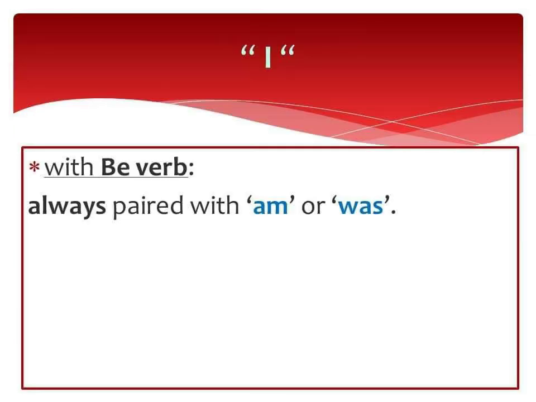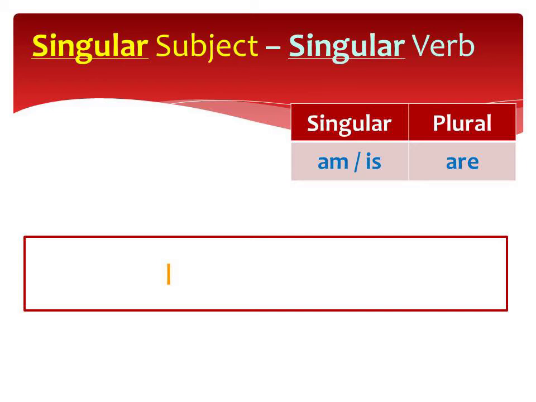Another example is the subject I. I is singular. But do you remember the rules for I? I mentioned in my previous videos about using I. I follows a different rule when it comes to subject-verb agreement. I is always paired with a be verb, am, if you're using a be verb. So for example, I am